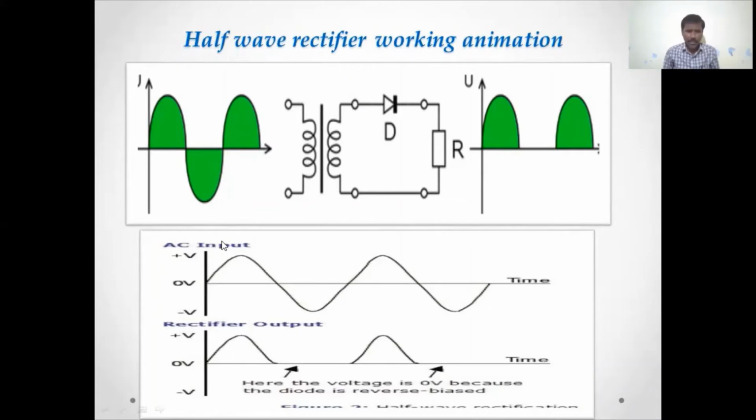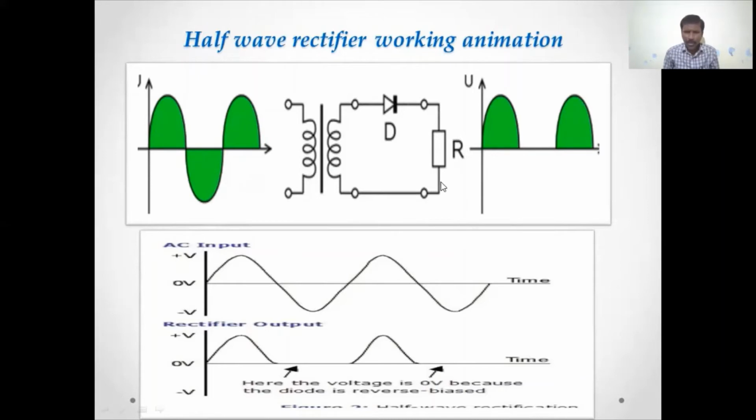So we are giving an AC input. This is 0, this is positive amplitude and this is negative amplitude. The maximum displacement from mean position to extreme position is called amplitude. So we are giving an AC input, which consists of positive cycles as well as negative cycles.